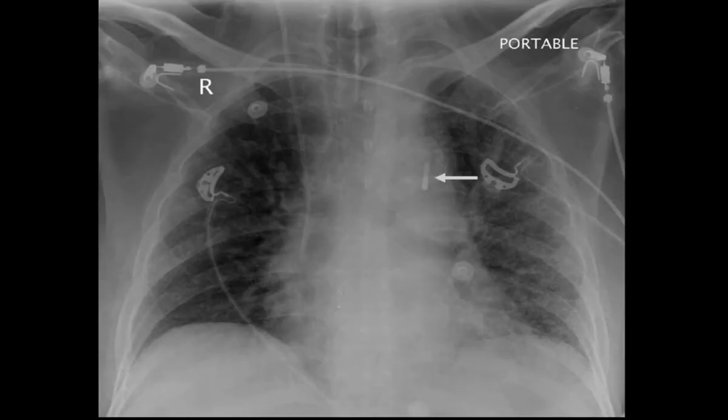Here, this is how the tip of the IABP balloon looks. It should lie at the level of the left bronchus, or in simple words, it should lie at the level of the carina below the aortic knuckle. And if the X-ray is taken in diastole, you will see a hyperlucent, fusiform balloon lying below the tip of the balloon.